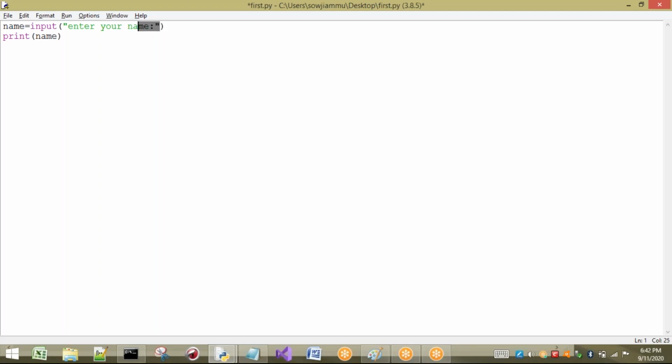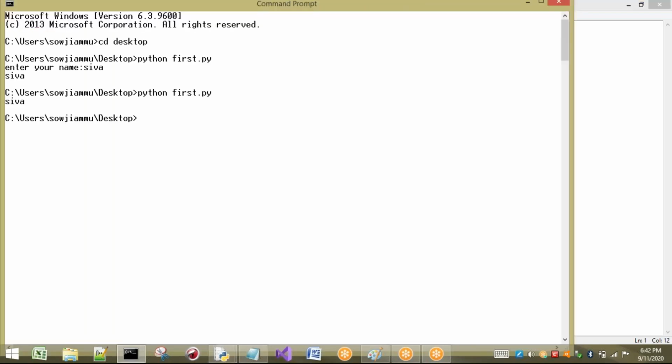So in these brackets, what should be given? Let us consider that I don't want to take this one. What happens? Is it compulsory or optional? Let us see. I am going to execute my program. Observe carefully. The cursor is blinking there. That indicates what? I cannot understand what I have to give. Let me give some value and press enter. It is going to print the same thing.